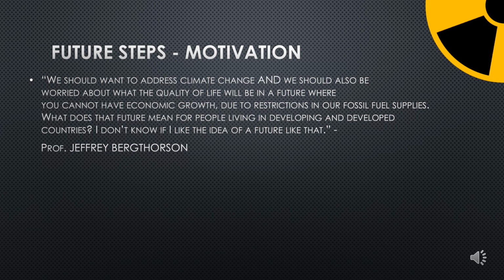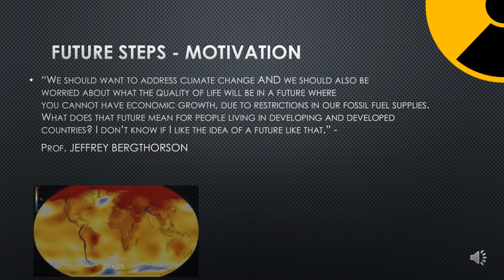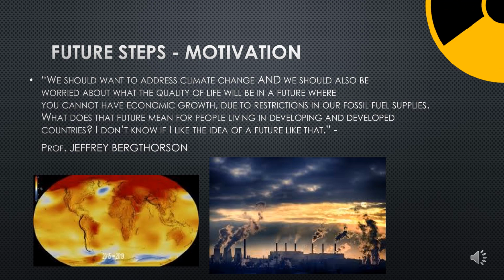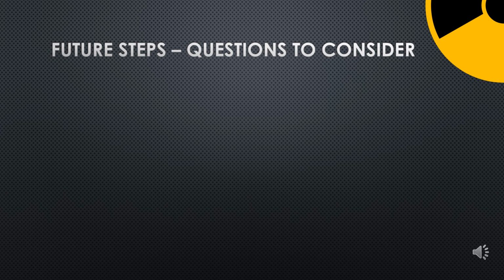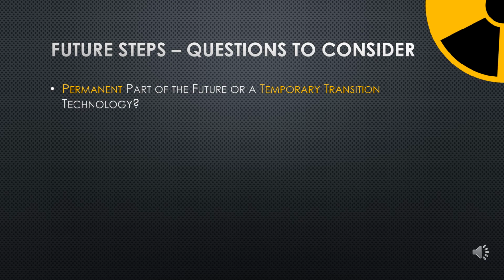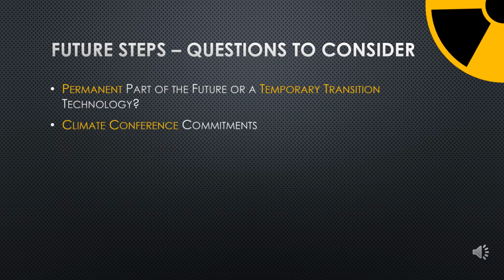As outlined by this quote from Professor Thorson, any future steps from this point on should consider both impact on the climate and economic prosperity. Keeping this in mind, we ask a few questions. So will safe nuclear energy be part of our future, or will it serve as a temporary evil, a transition technology to help us meet our energy deficit as we switch completely to other renewable energy sources such as wind and solar? The world needs to meet its Paris Climate Conference commitments in the next decade, and nuclear may play